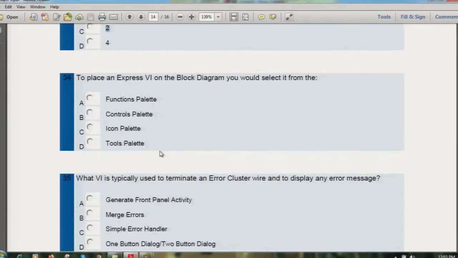Next question. To place an express VI on the block diagram, you would select it from the. So from where would you select the express VI? Write down your answers. The correct answer for this is the functions palette. You can use the express VI palette from the functions palette to choose any of the express VIs